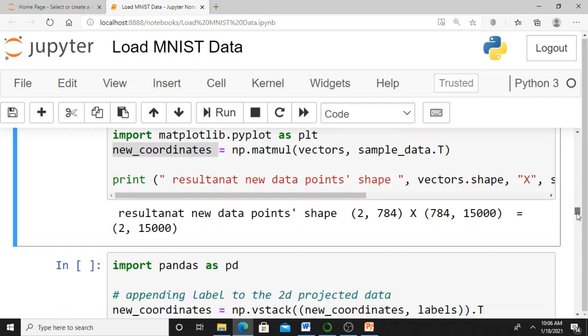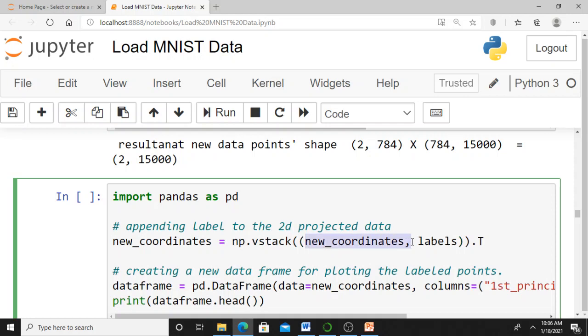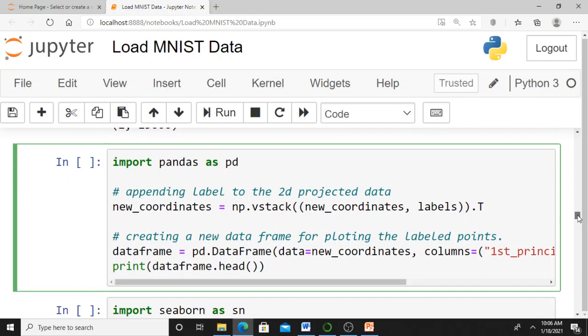What does it mean? Just see. Now what am I doing? To this new_coordinates matrix, I am appending labels. What are the labels in the MNIST dataset? We have 10 labels, 0 to 9. Therefore, in this new coordinates table, I have 3 columns. Earlier we had 2 columns. As I am appending the label and taking the transpose of this new_coordinates,